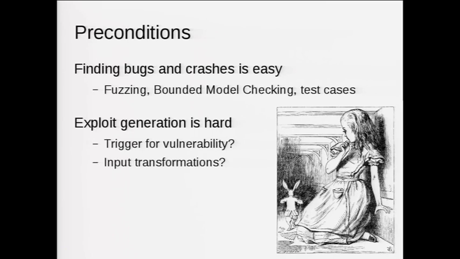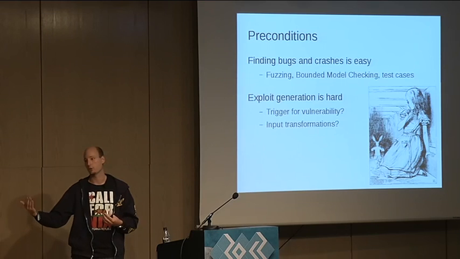But the hard part then comes: how can we generate an exploit, or how can we find a specific form of input that travels along the path inside the application that will then trigger these vulnerability conditions maybe deep inside the program? How can we actually define all these little things that flow through the application and come together at the vulnerability point where the bug is, to actually trigger the vulnerability? Also, how can we cope with all the transformations that the input undergoes until it reaches the final point?